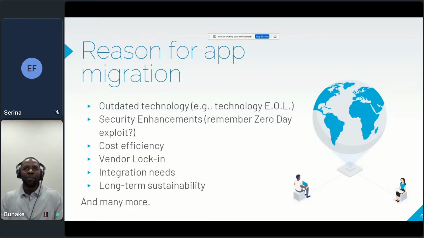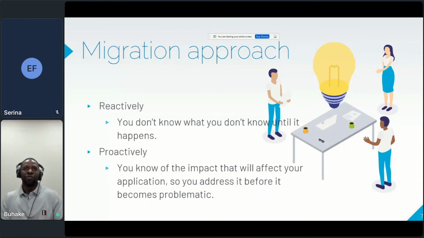There are various approaches to migration. Either you are proactive or reactive.